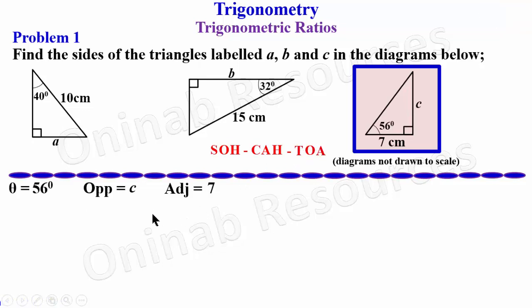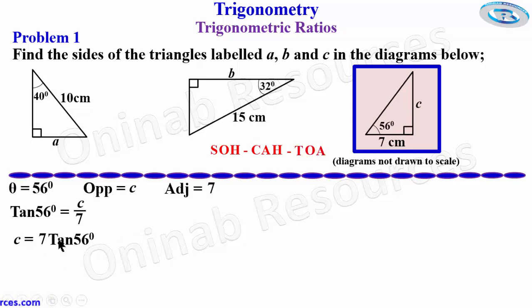So T means tangent of angle 56 degrees is equal to opposite C over adjacent, that's going to give us over 7. So we make C the subject of the relation by applying the cross product rule. So we are going to have it as 7 times tan 56 degrees. We then find the value of tan 56 degrees, multiply by 7 to give the value of C. So 7 tan 56 degrees is going to give us 1.483. So 7 times 1.483 gives